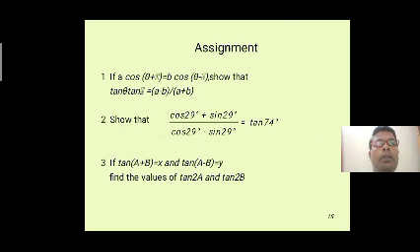Okay, you observe here these three questions depend only on the formulas of sin of a plus b and cos of a plus b, tan of a plus b, tan of a minus b, cot of a plus b and cot of a minus b, and also one important formula: sin square a minus sin square b equals sin of a plus b into sin of a minus b. Using these formulas, you have to solve